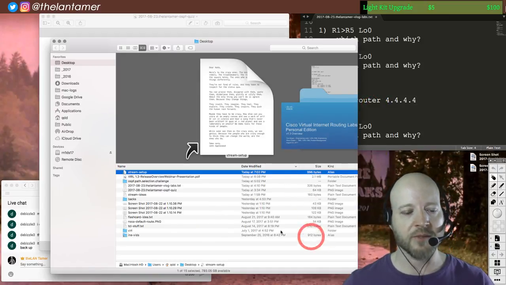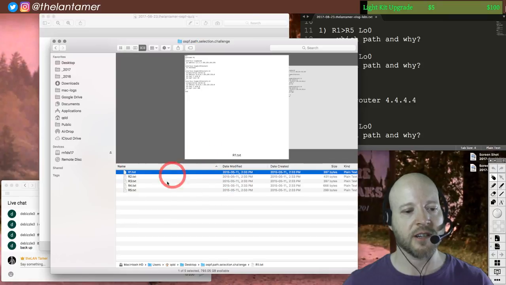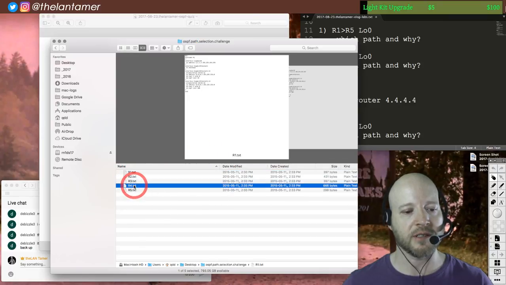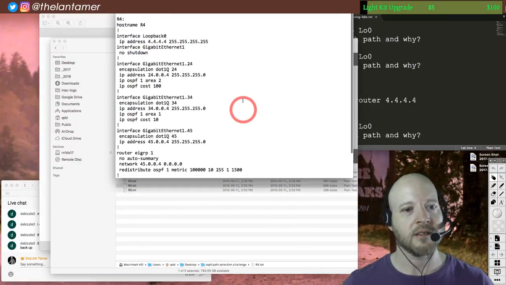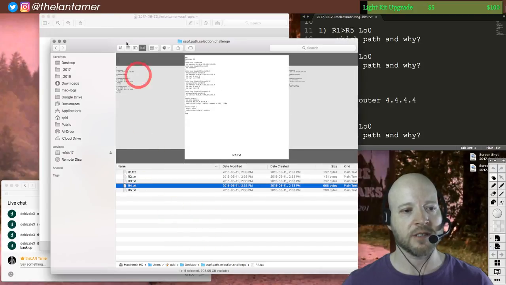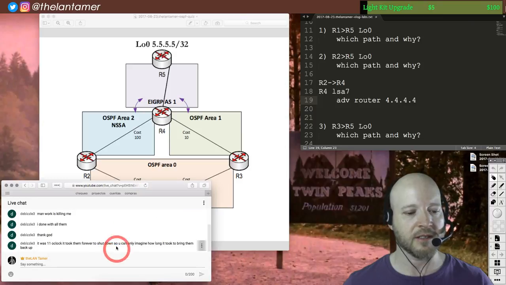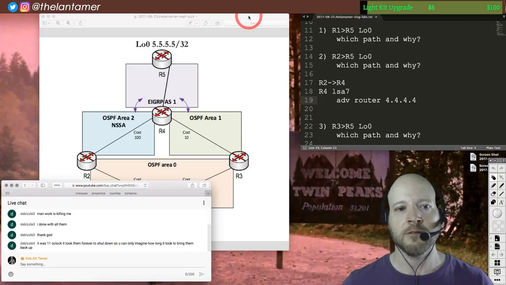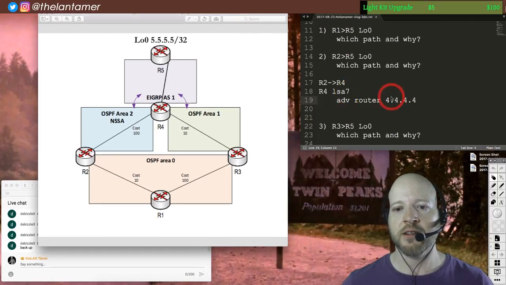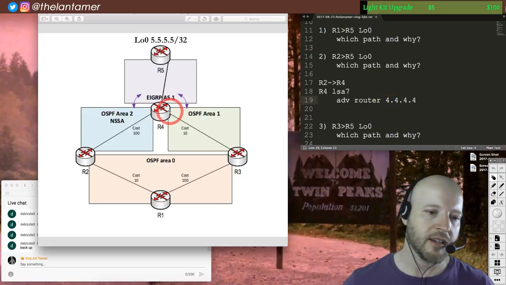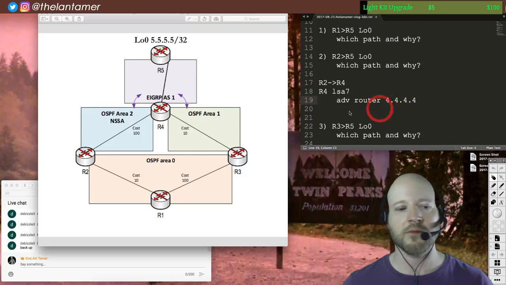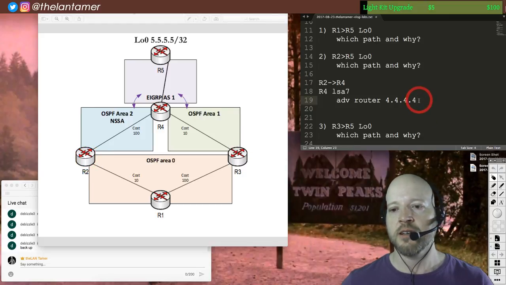There are separate configurations for this challenge that I can put in the lab. I may not need to do it. I have not loaded this stuff. I have not put it in VIRL. But we might if I get stuck. So we've got an LSA type 7, and it is advertising 4.4.4.4. So if I'm router 2, I'm going to see this, and I'm going to see what is my cost to reach this advertising router. First of all,